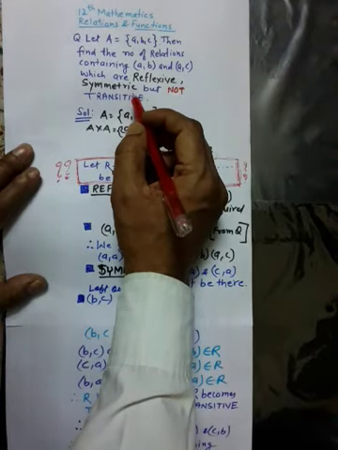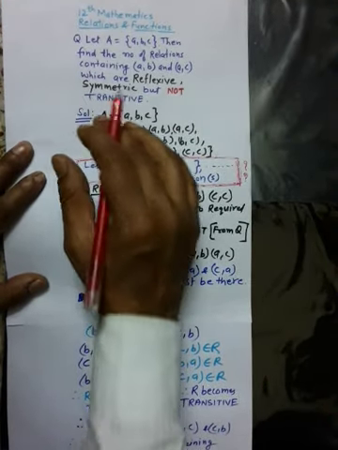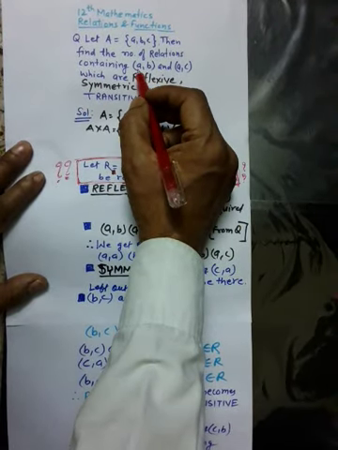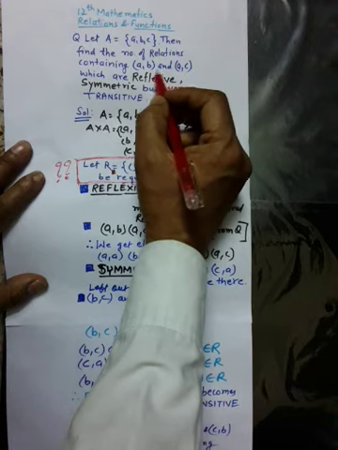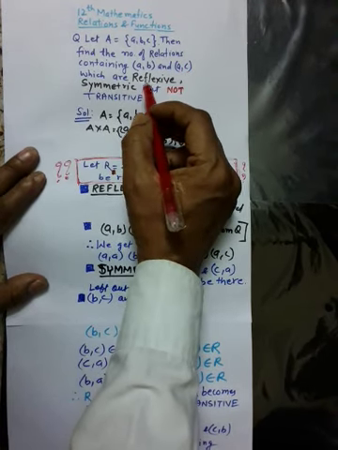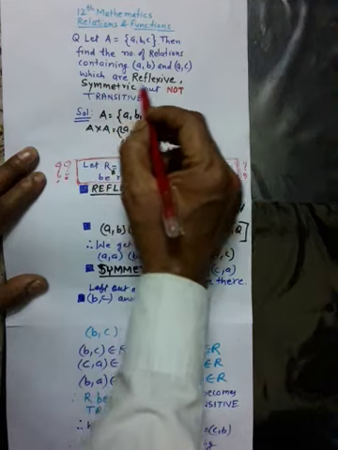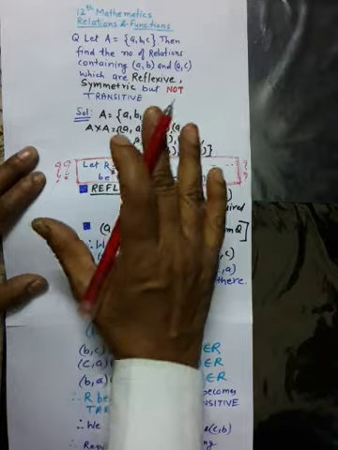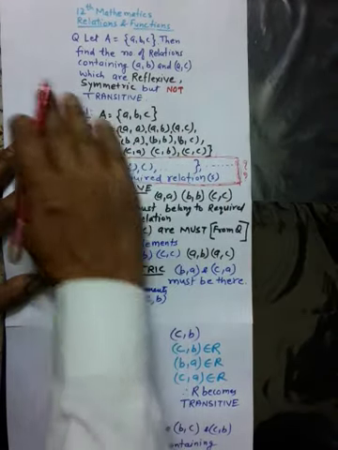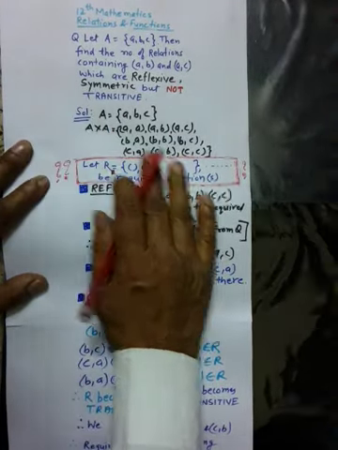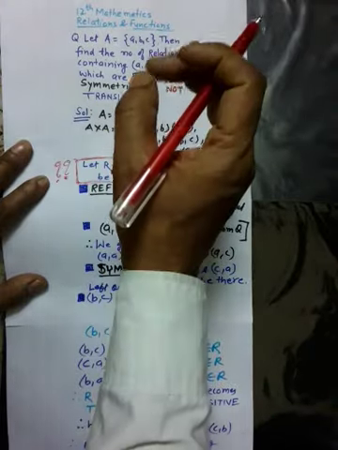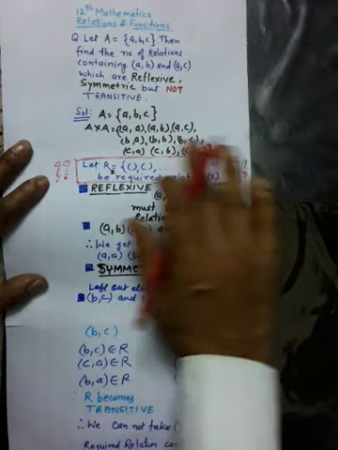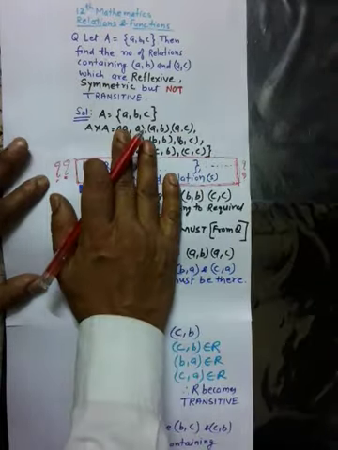First you understand the question. You have to tell how many relations will be there such that in that relation (a, b) and (a, c) both are contained and that relation must be reflexive and symmetric but must not be transitive. So you have to find the number of relations. See children, this is not so easy a question. It can be solved in a very short manner, but to understand it in an elaborate manner, you will study it in detail. Please see.